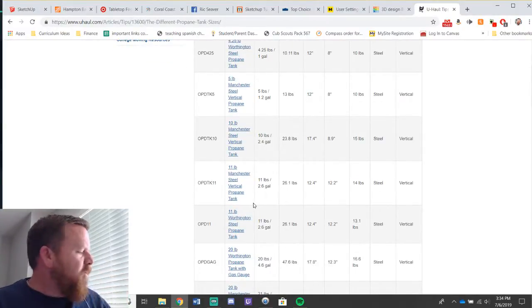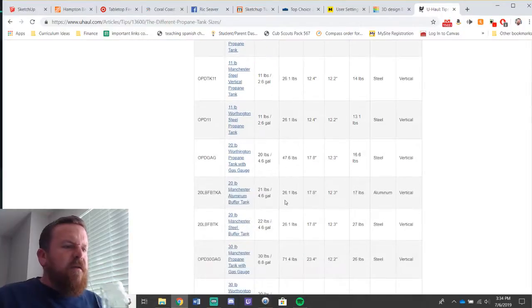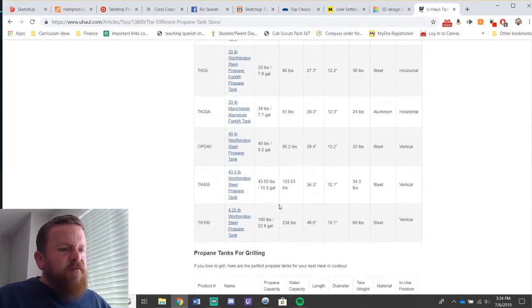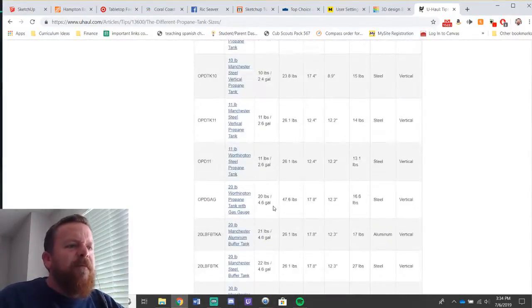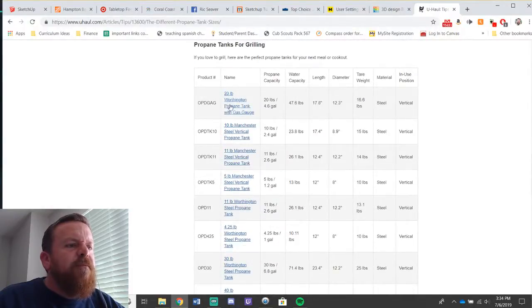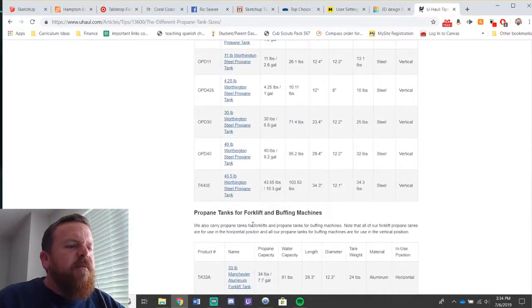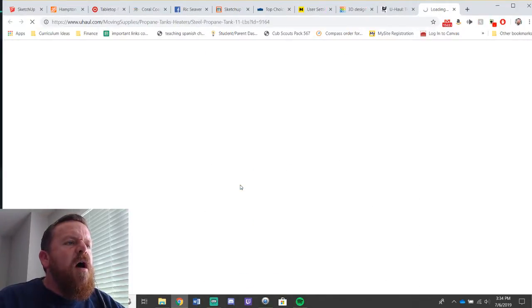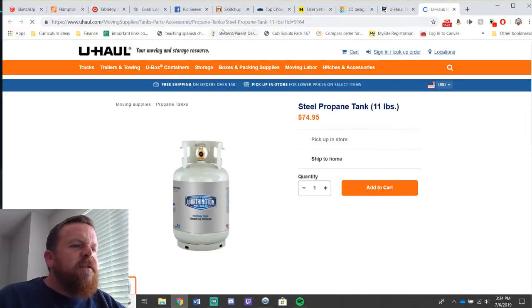That's a vertical propane tank. Oh wait, for grilling. Here we go. 11 pound? Worthington steel propane tank. This is 12.4 inches tall. Yeah, but look at that, $75.